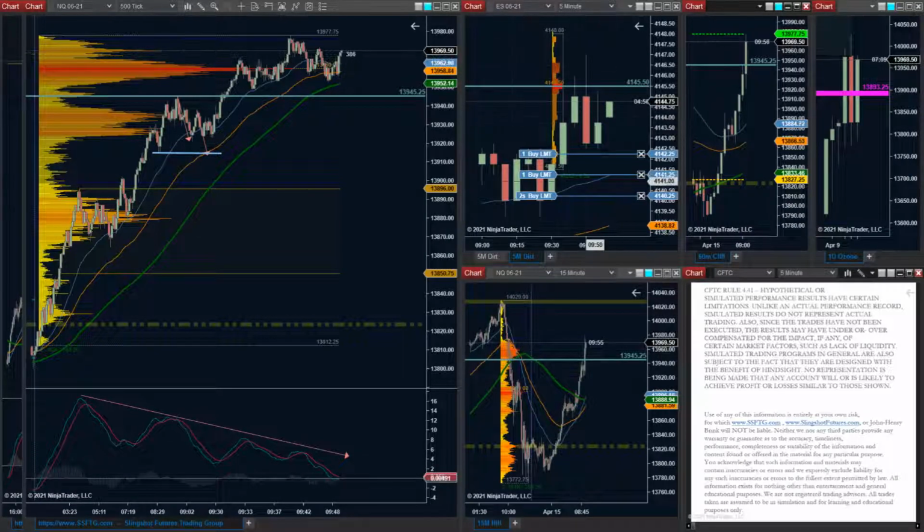Oof, candle gap back to the upside on the S&P. They closed the bar at 43.75, opened the next at 44. So buyers hitting buy market right at the close of that bull bar. So much so that it couldn't even plot a price there. It jumped before it could.